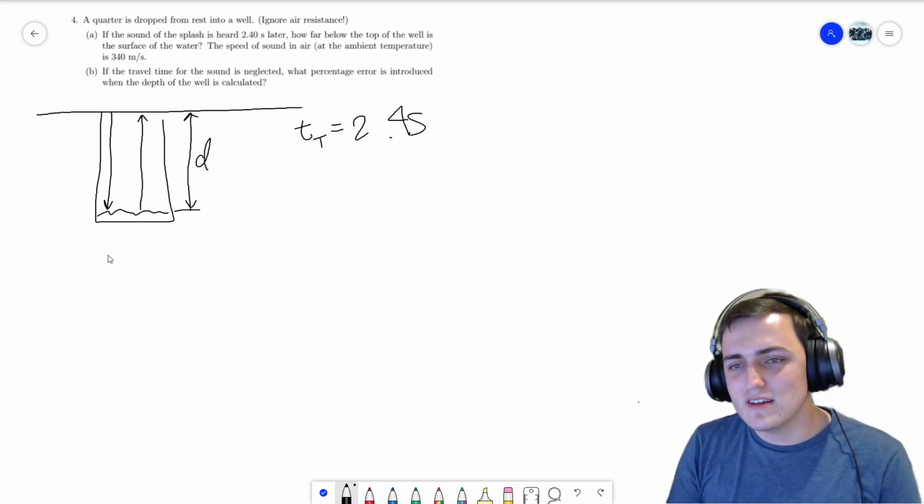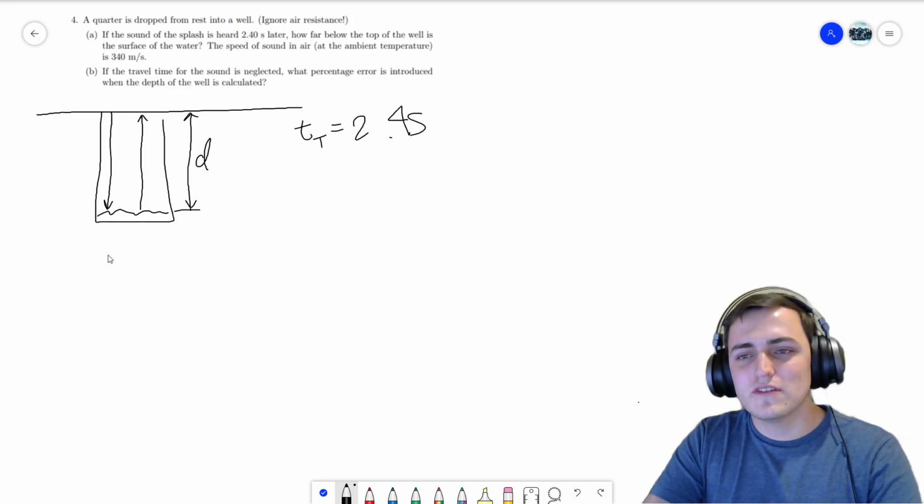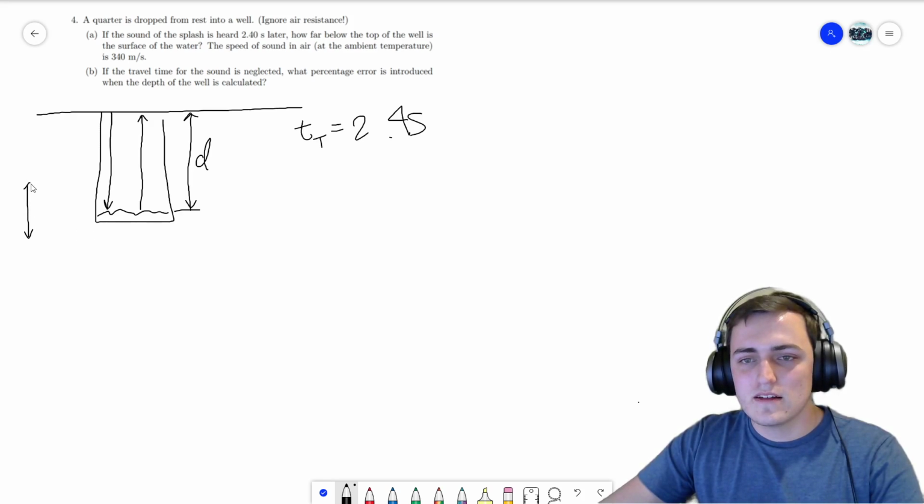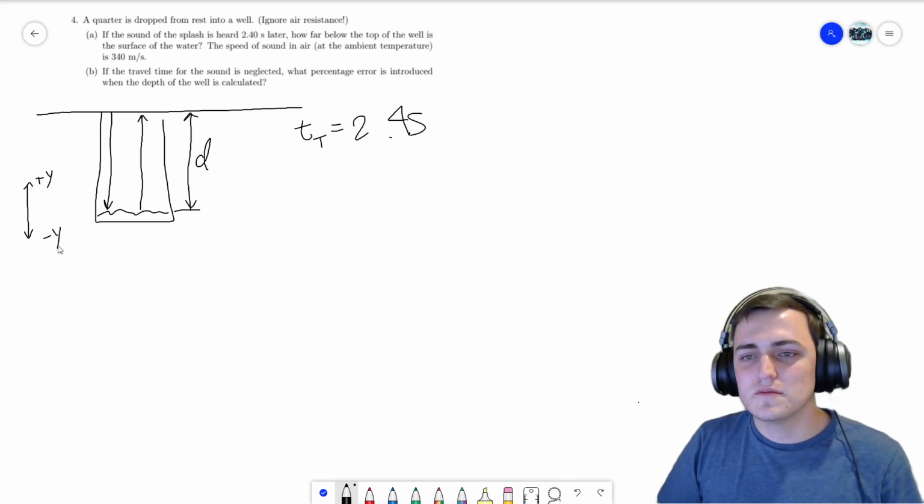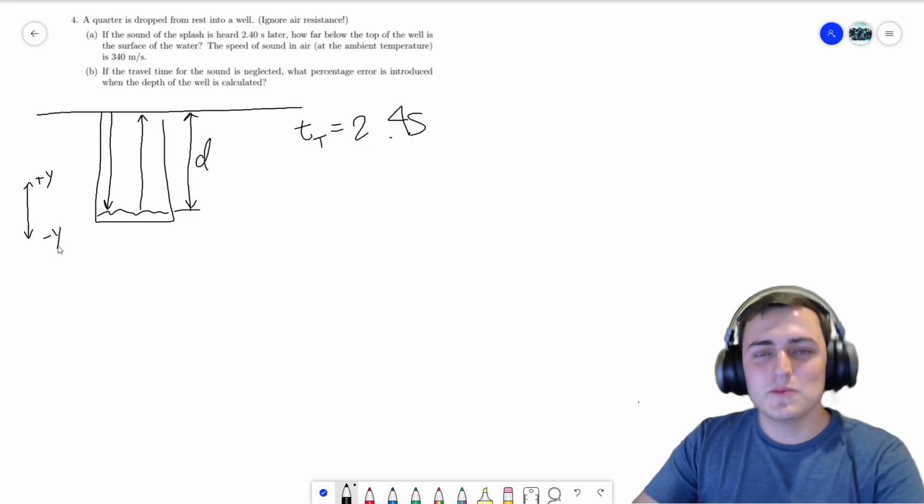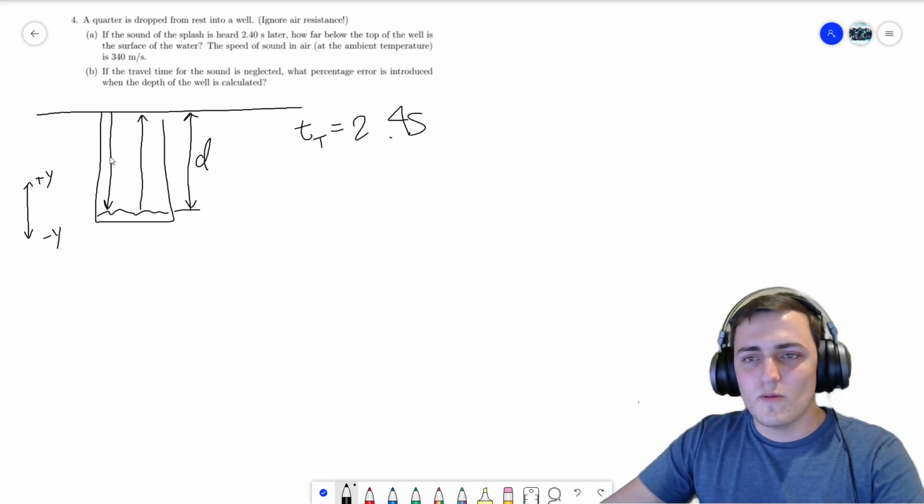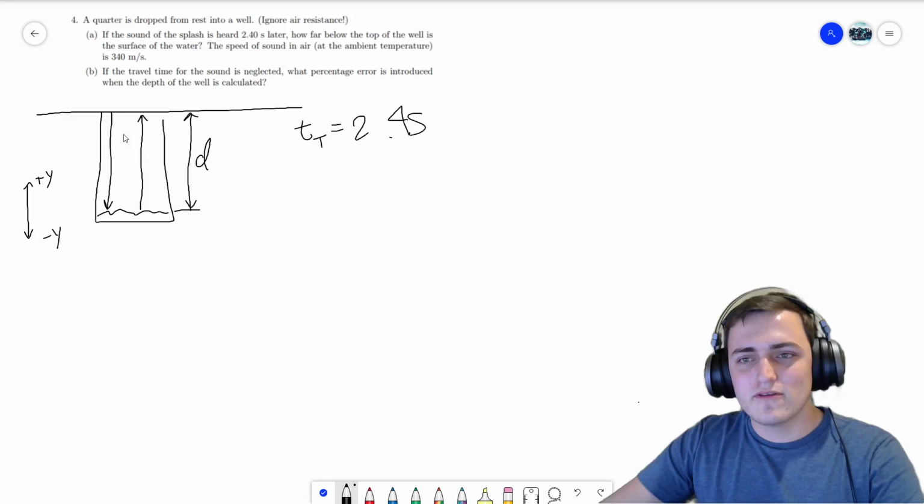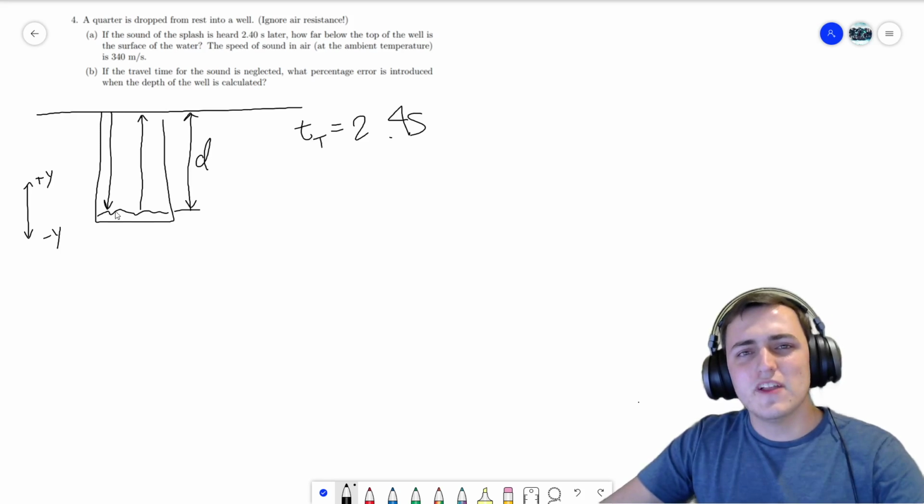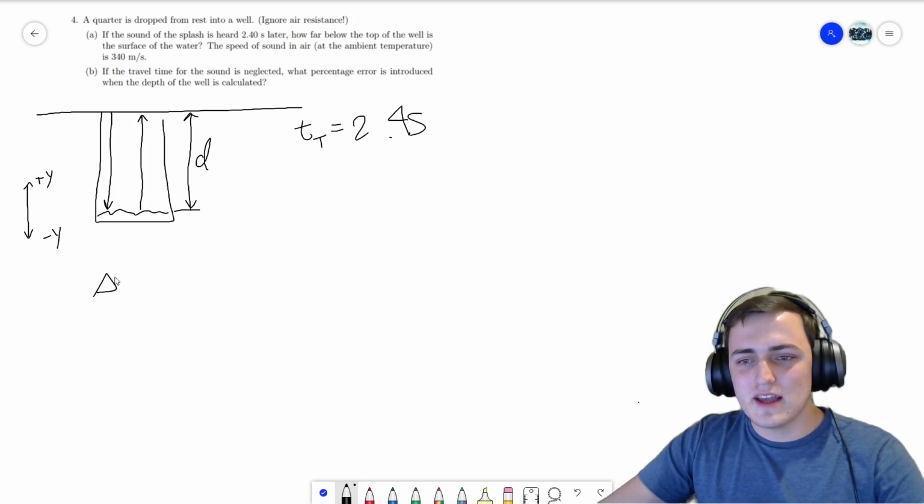Now, this is a little bit tricky because we have to think in terms of the magnitude of position change, right? Because the quarter travels in the negative direction. If we were to assign the positive and negative y-axis, the quarter travels in the negative direction, and the sound wave travels in the positive direction. So if we really want to equate these, we have to take this negative vector, this negative velocity vector, and flip it. So if we were going to say that delta x of the quarter equals delta x